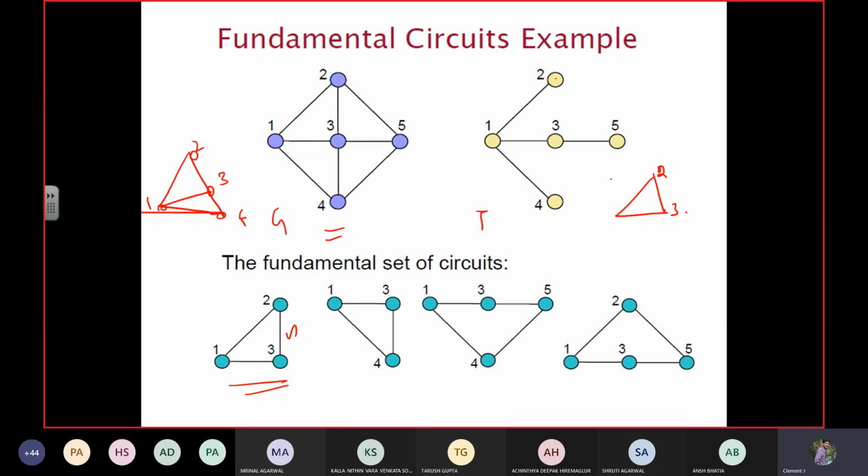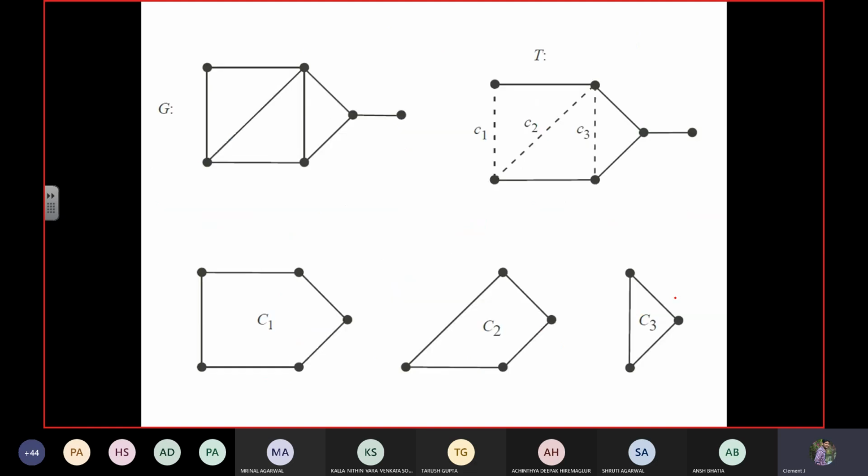But anyway, here strictly you need to check how many chords are existing in this circuit. I have added 2, 3 and then 3, 4 as the chords. So I should not call this a fundamental circuit. By adding only one chord, you will get another circuit, 1, 3, 4, 1. Likewise another, 1, 3, 5, where they have added this as a chord. Next, at the top, we have added 2, 5. So this is the difference between fundamental circuit and fundamental cut set.